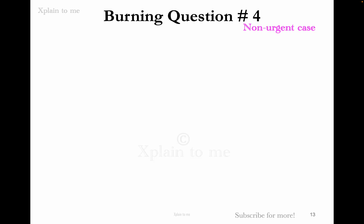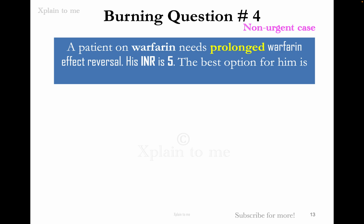The next question, it's a non-urgent case. A patient on warfarin needs prolonged warfarin effect reversal. His INR is 5. The best option for him is, okay, as you know, INR tells you how quickly your